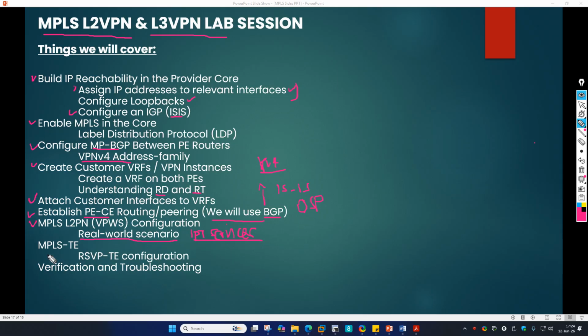And then finally, we'll tackle MPLS traffic engineering, where the protocol here is Resource Reservation Protocol Traffic Engineering, or RSVP-TE in short. Then very lastly, we'll do the verification, to verify that our customers that are geographically separated are able to communicate with each other, and that we have full connectivity